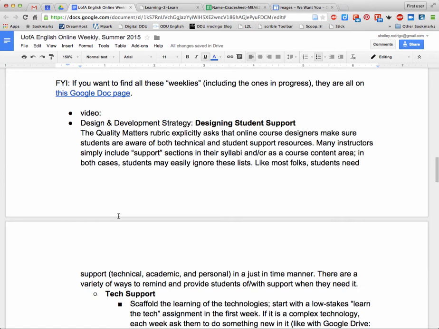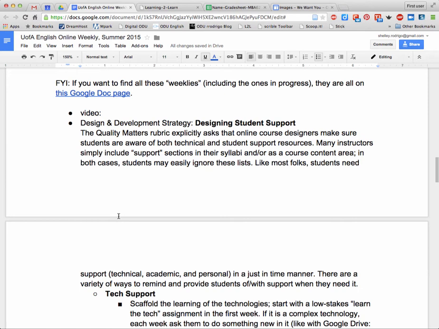And in all the reviews I've done, as a reviewer or a lead reviewer, in most cases people just smack a list somewhere, either on the syllabus or in the course, saying, look, here are all the student support services students have access to. And students generally have the ability to easily ignore those lists. So at minimum, don't forget you need to have that list. However, what I want to suggest is that you might have those lists and actually prompt students to do something with the list, and or prompt and remind students that certain supports exist at key points in the semester when